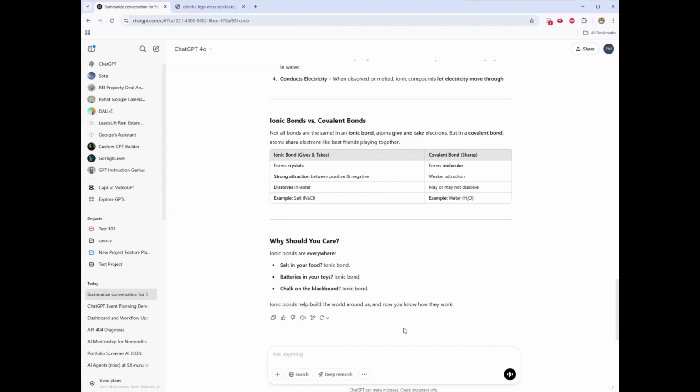So let's try it out with our same ionic bond example. So I want to learn about ionic bonds. Use the 80-20 rule. Teach me the most crucial